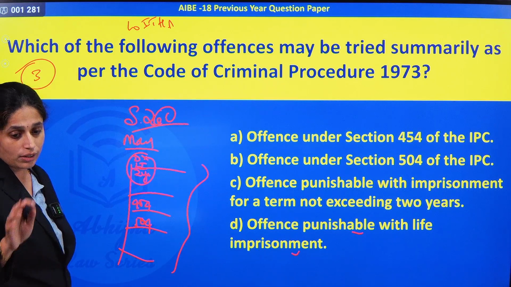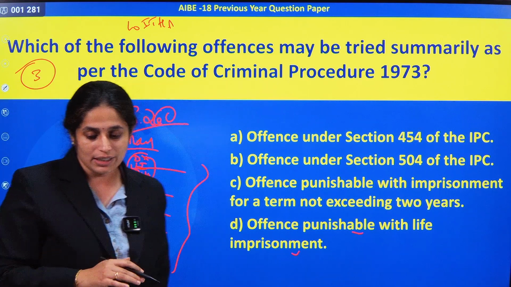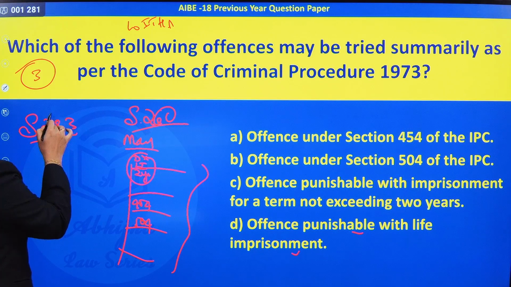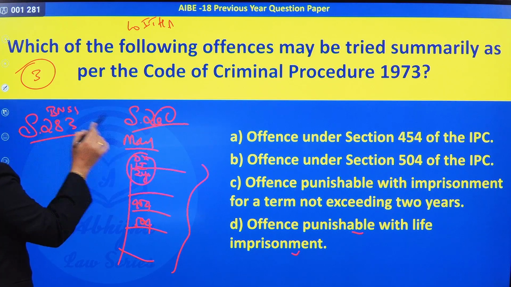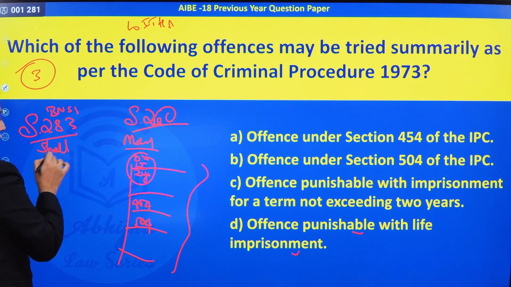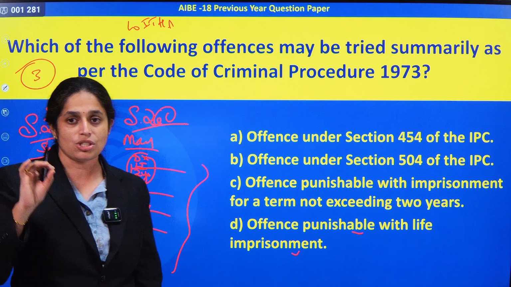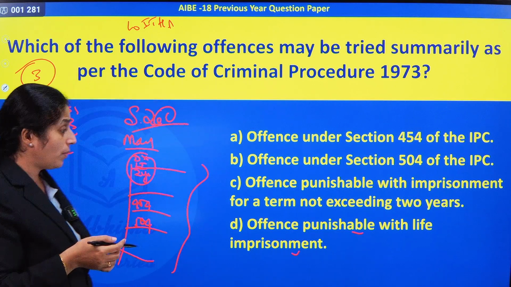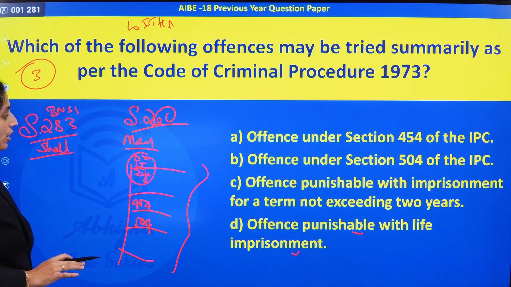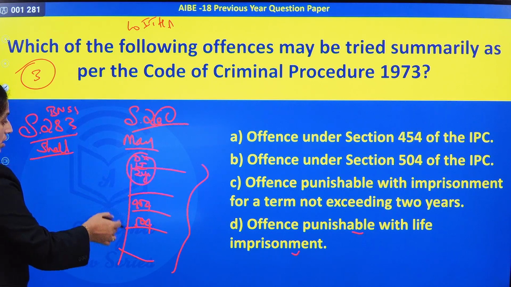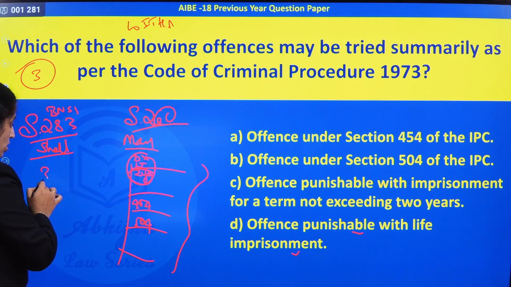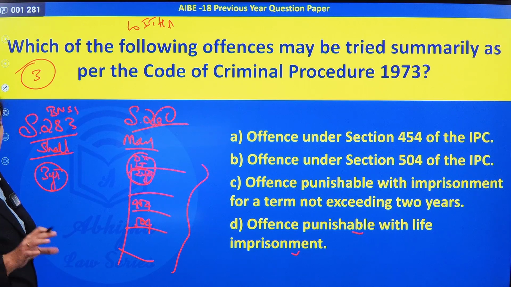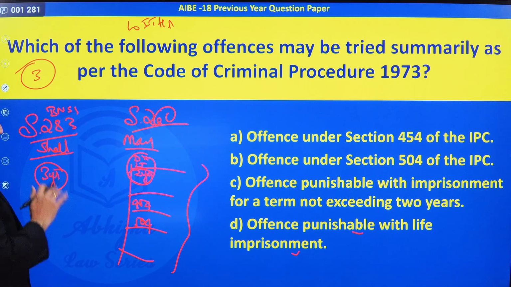But now the change is that the corresponding section is section 283 BNSS, we can find the question here. So, it has made it shall, and BNSS has omitted those provisions regarding Metropolitan Magistrate and Assistant Sessions Judge. So, the Metropolitan Magistrate section has been omitted here, and the 2 years has been increased to 3 years. So, those offences which are punishable with not exceeding 3 years of punishment, even they can be tried summarily, and